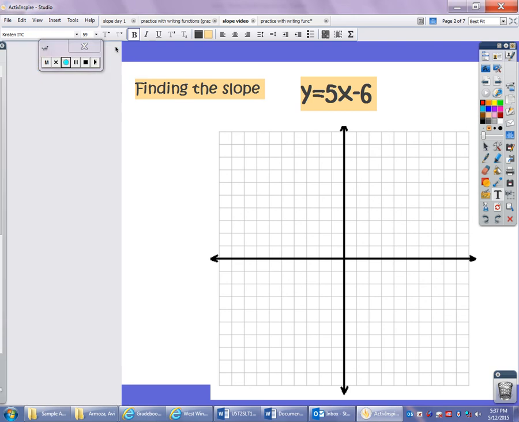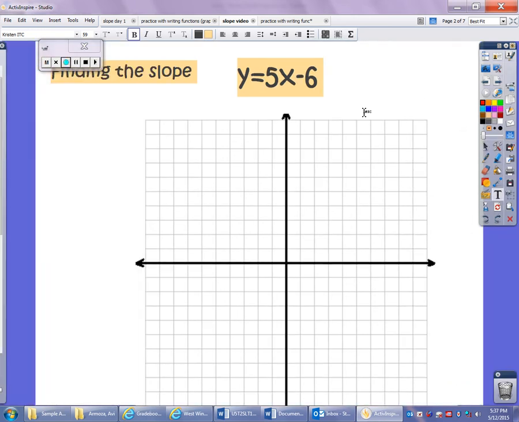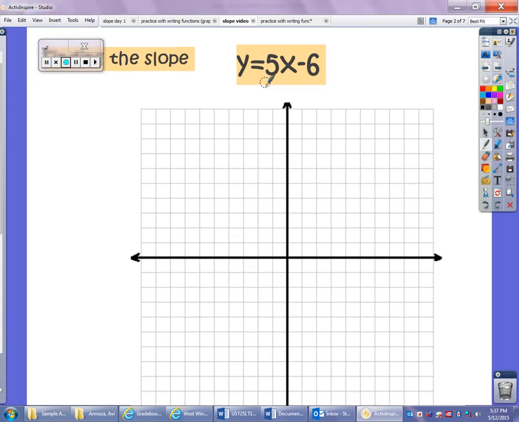On how to find the slope. We're going to start off by just remembering one thing. This is an equation or a function rule. The number in front of the x is actually not only the coefficient, but it is the slope,